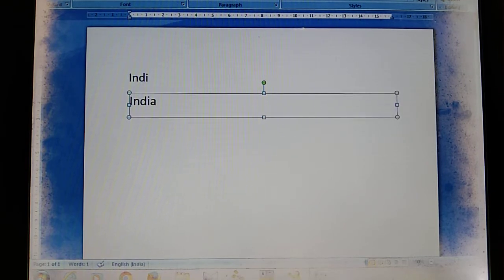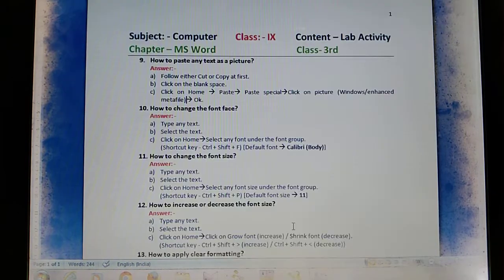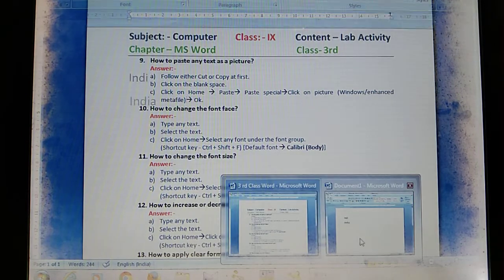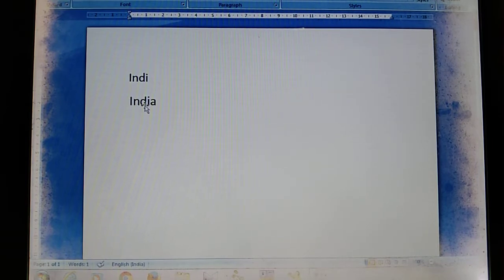Okay, the next question. The question here, how to change the font face. Look at the blank page. Suppose this is the text. I select India.